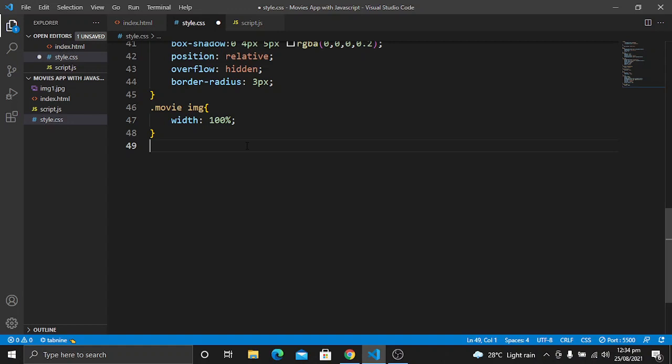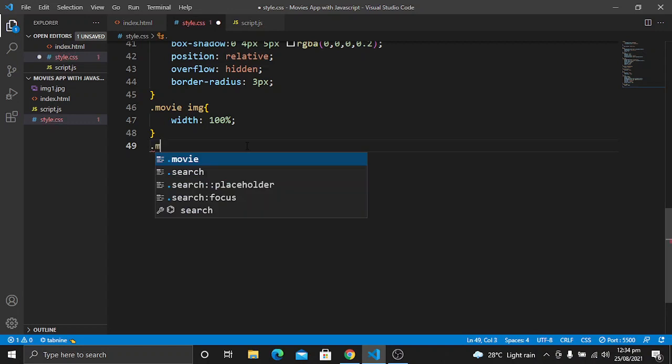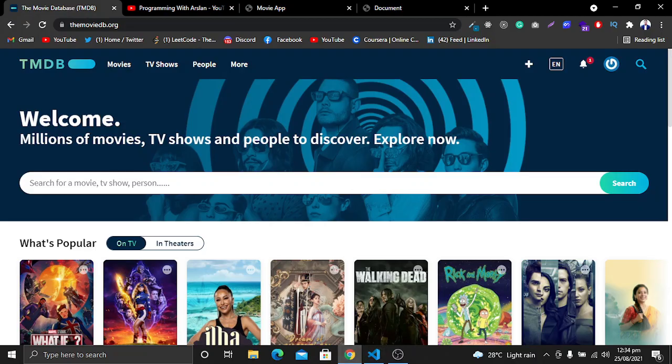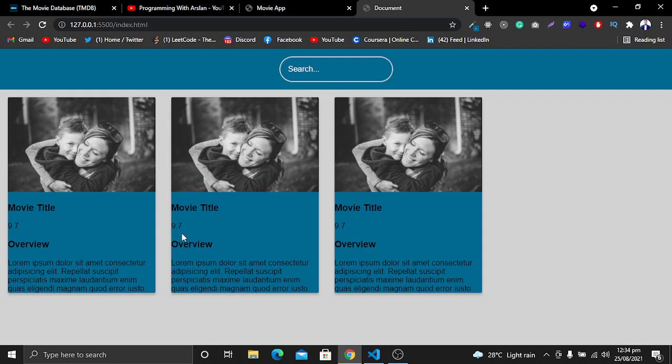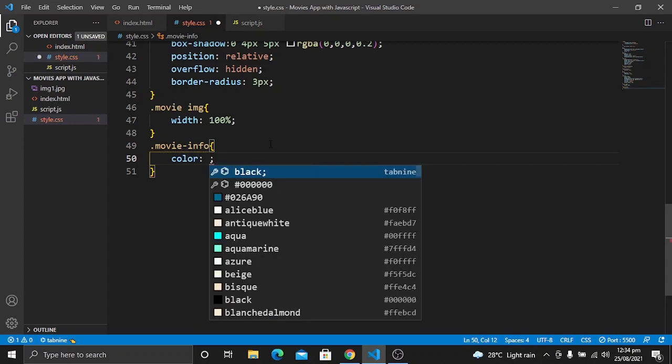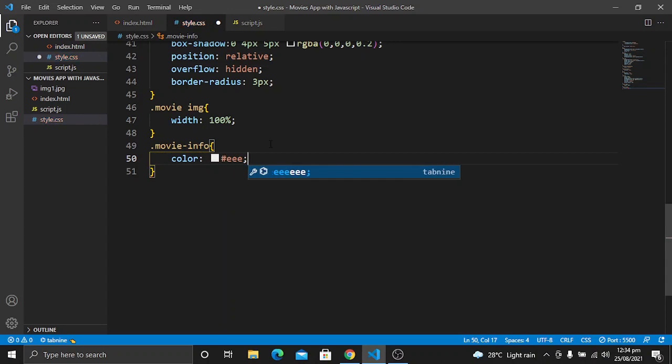So we are done with the styling of the movie image. Now we want to style the movie info. So movie dash info, and movie info will contain the title, also the rating and overview. Now let's target the movie info, and here we will use the color of this one, which will be this.